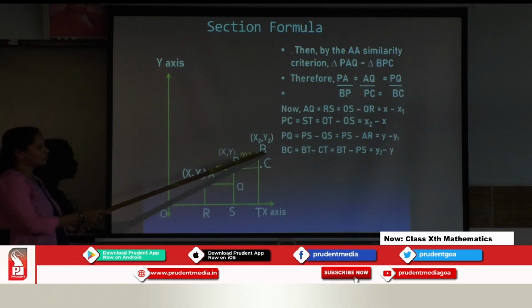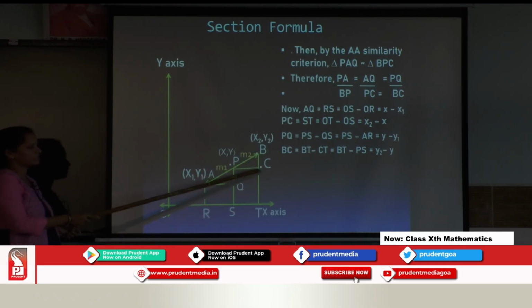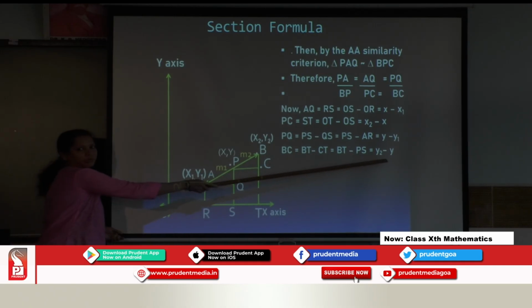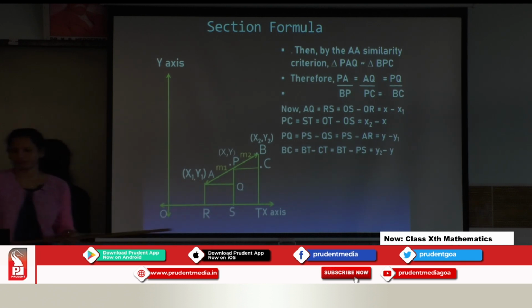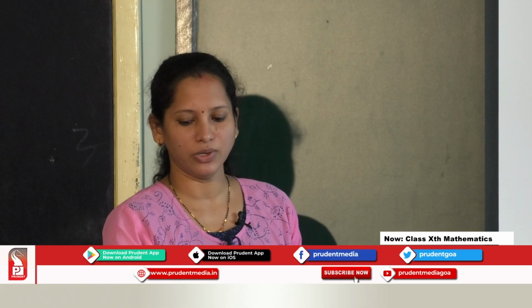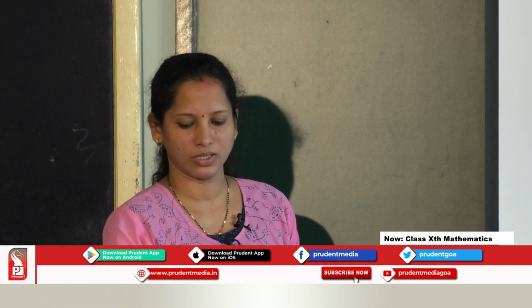And BC is equal to BT minus CT, where BT is equal to Y2 and CT is equal to PS, which is equal to Y2 minus Y. Now substituting these values in 1, we get